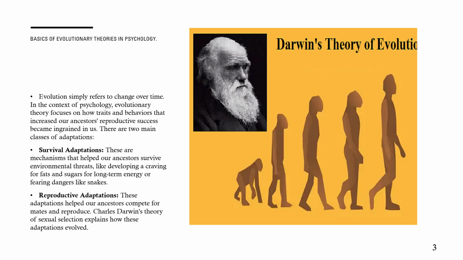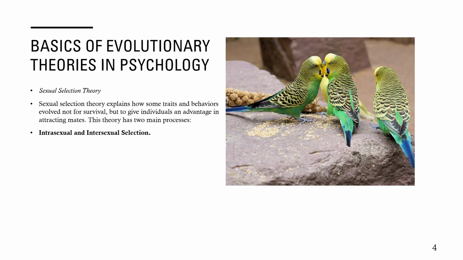Reproductive adaptations. These adaptations help our ancestors compete for mates and reproduce. Charles Darwin's theory of sexual selection explains how these adaptations evolved. Sexual selection theory. Sexual selection theory explains how some traits and behaviors evolved not for survival, but to give individuals an advantage in attracting mates. This theory has two main processes: